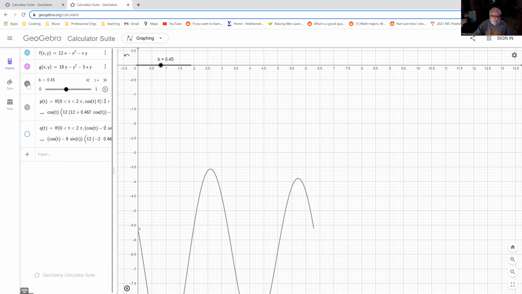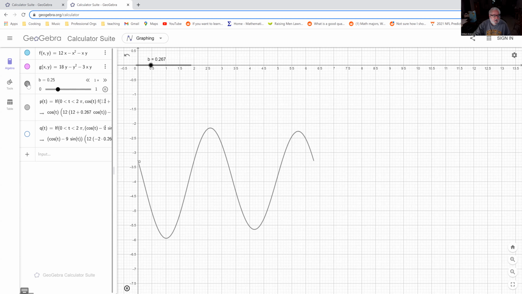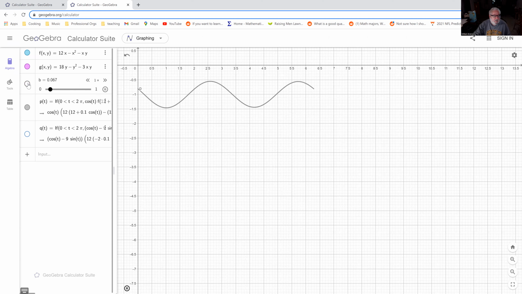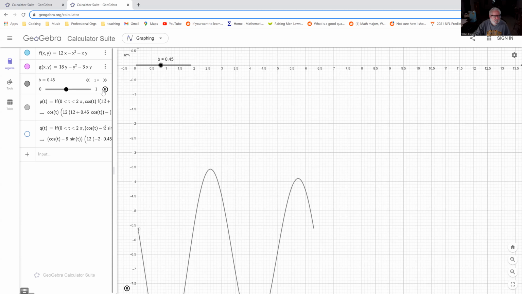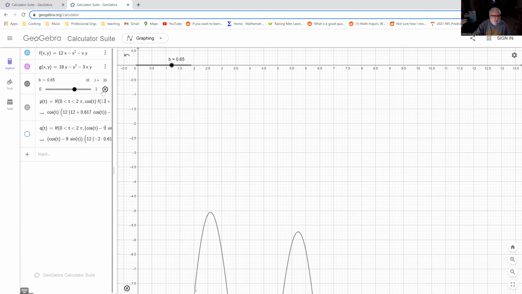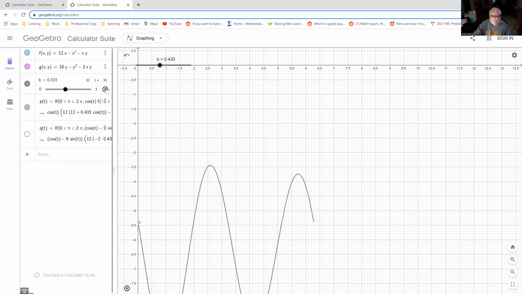So this is the dot product between the outward pointing normal of the circle and the vector field. And as we go from 1 down towards 0, the magnitude of it is decreasing. That's why it's creeping up towards the 0